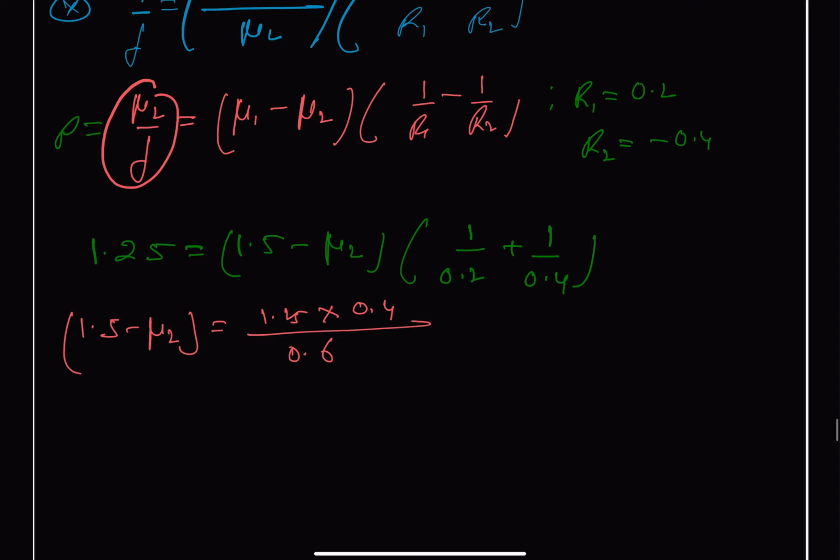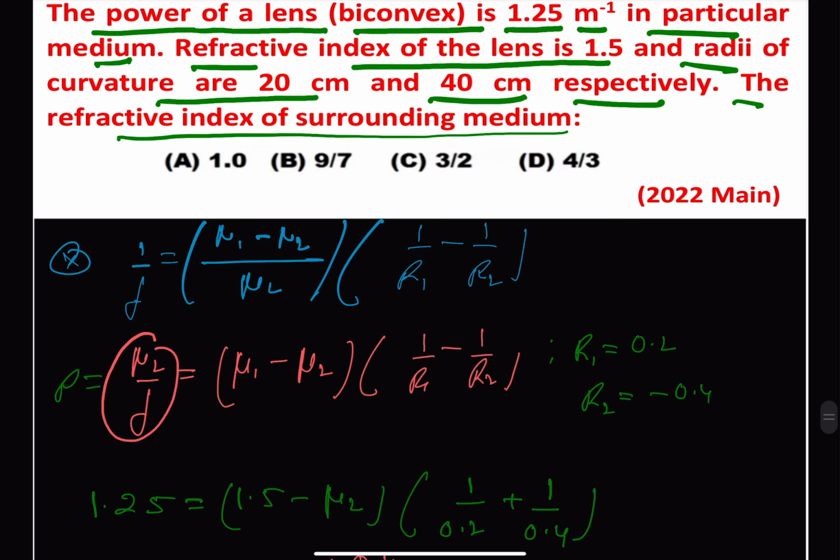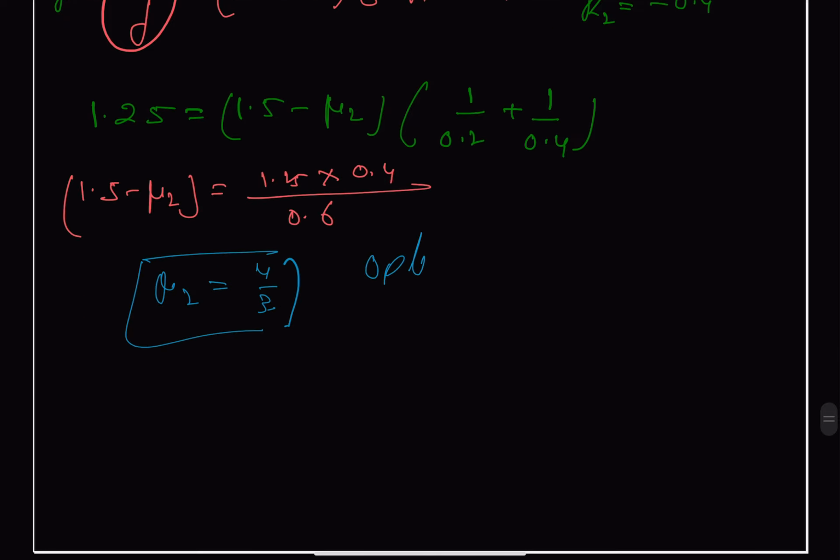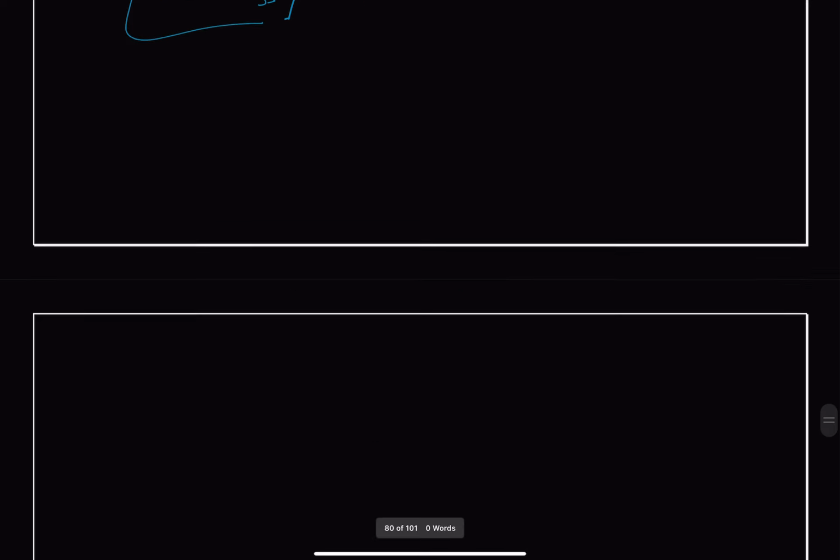So you can say from here that our mu2 will be equal to 4/3. So option D is the correct one. Option D is correct. Next question,